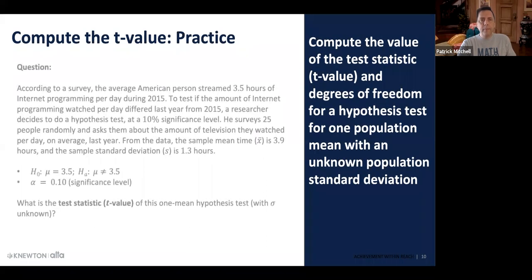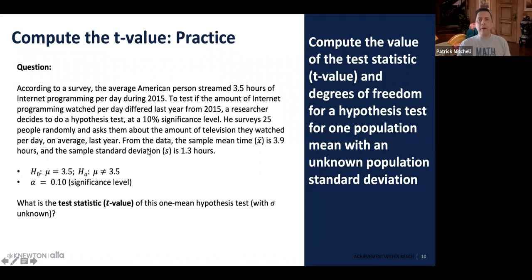And next, according to a survey, the average American person streamed 3.5 hours of internet programming per day during 2015. To test if the amount of internet programming watched per day differed last year from 2015, a researcher decides to do a hypothesis test at a 10% significance level. He surveys 25 people randomly and asks them about the amount of television they watched per day on average last year. From the data, the sample mean time X bar is 3.9 hours, and the sample standard deviation S is